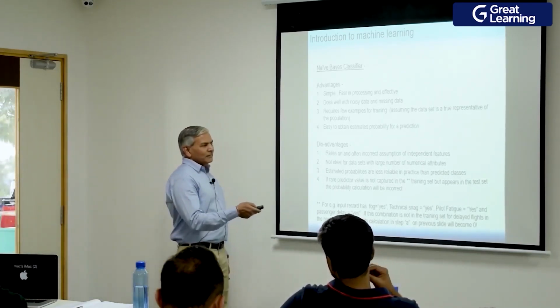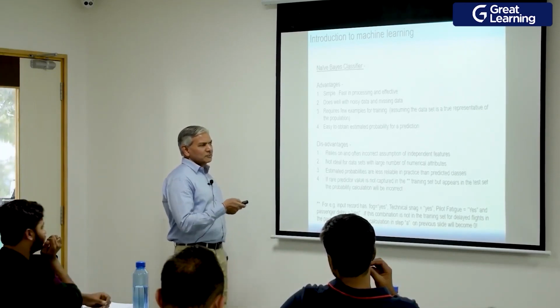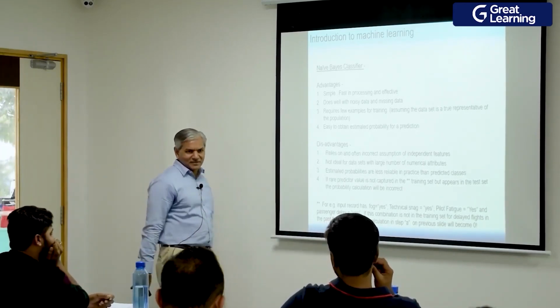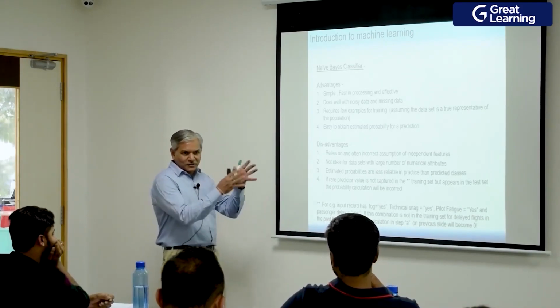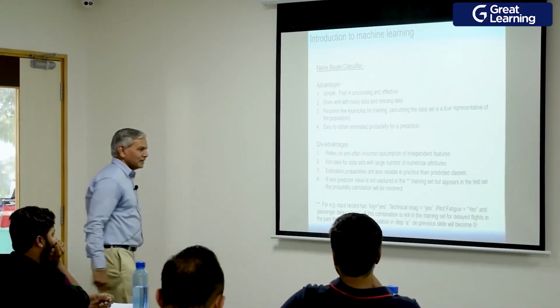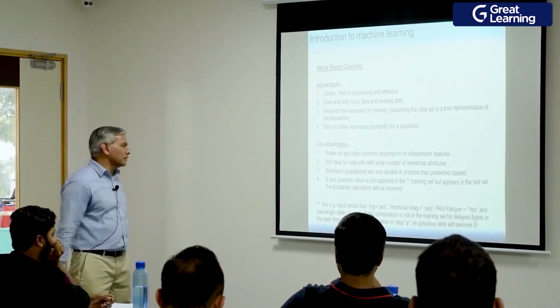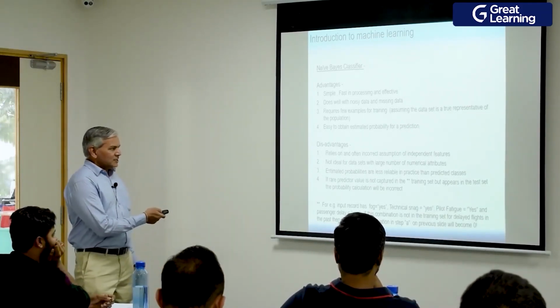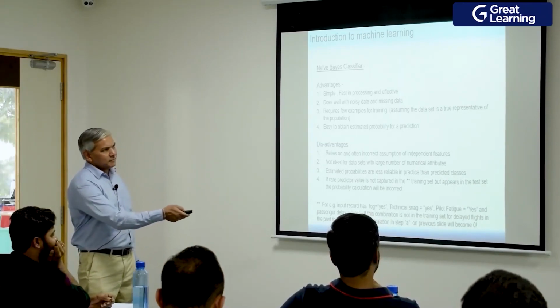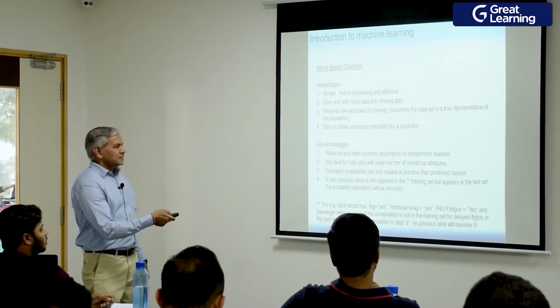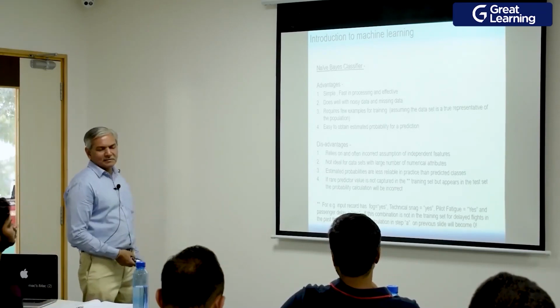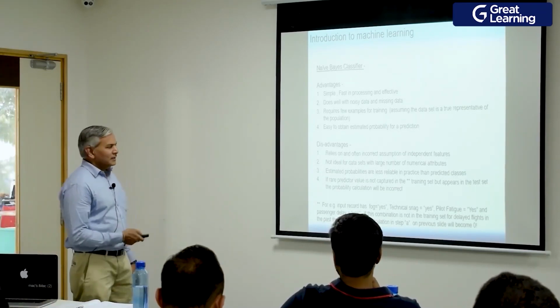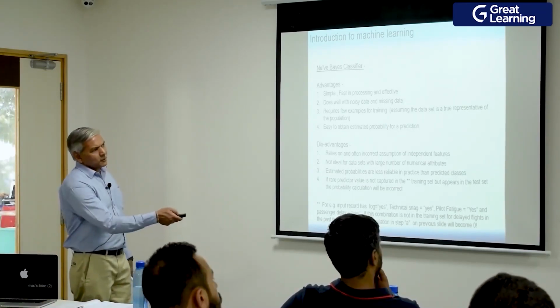When you have too many numerical variables, first it will convert these numerical variables into bins, boxes. Okay, it will categorize them, create bins, and then calculate the probabilities. People have said that the estimated conditional probability is usually less reliable. It's not reliable. That is true because of these probabilities,